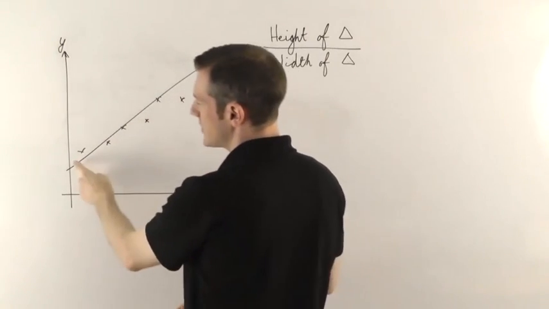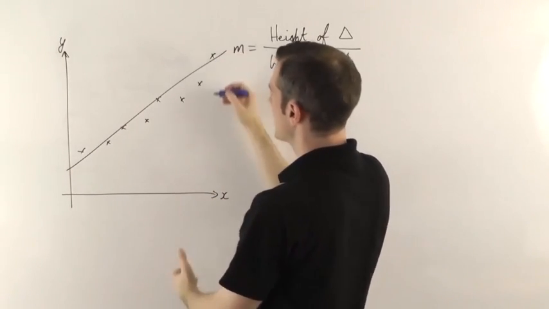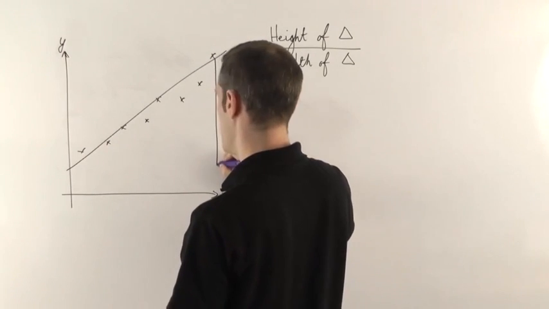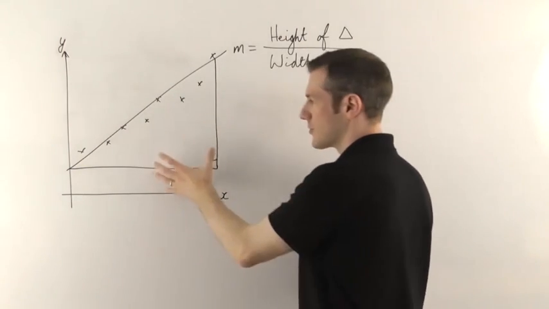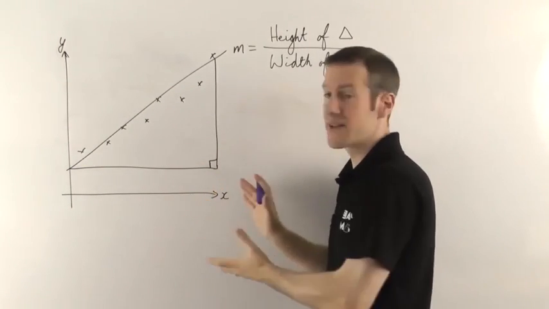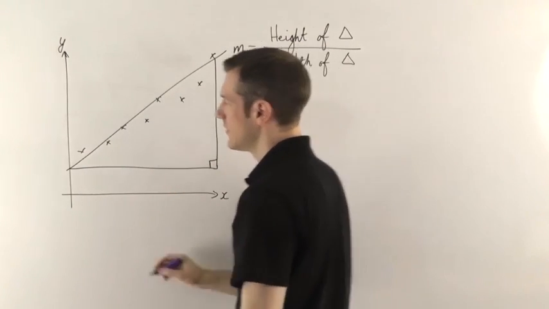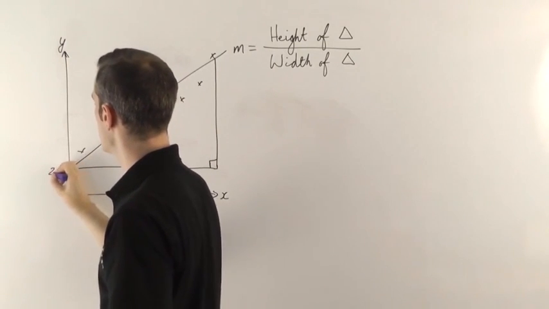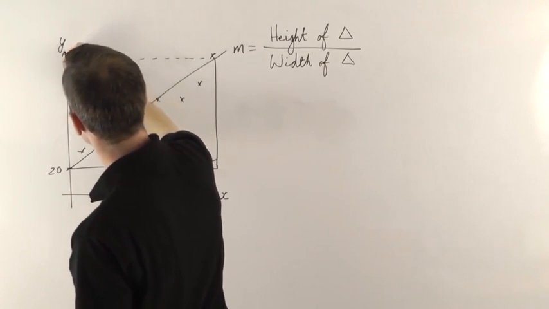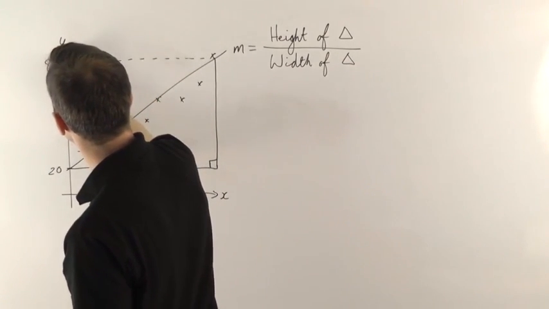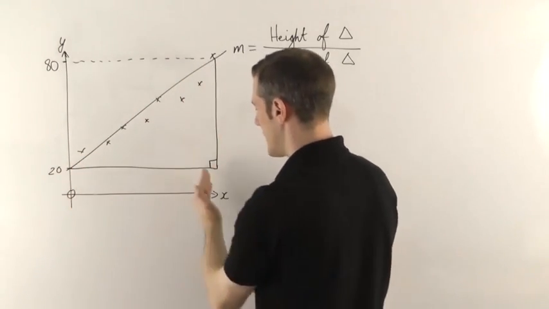So if the line crosses the axis, I'd usually start here and then go as far as I can. So let's imagine you go to that sort of point there from the axis like that. So this is going to be my right angle triangle. As I say, you just draw it on, doesn't really matter where it is. Then you look at the different values to work out the height and the width of your triangle. So let's imagine here that was 20, and the top of your triangle maybe went up to 80, for example. Obviously this is 0 down here, so it starts at 0 on the left, and on the right,